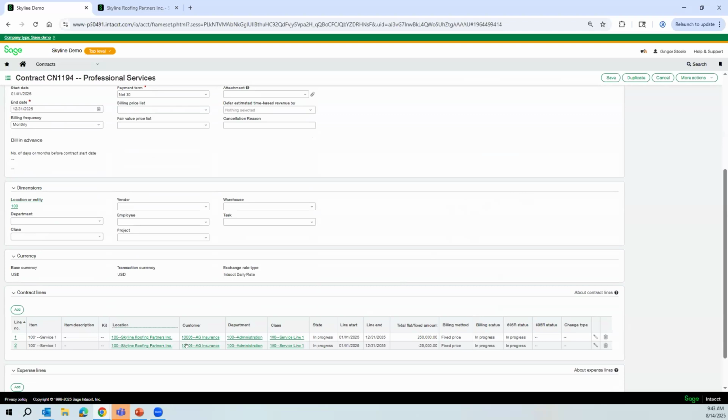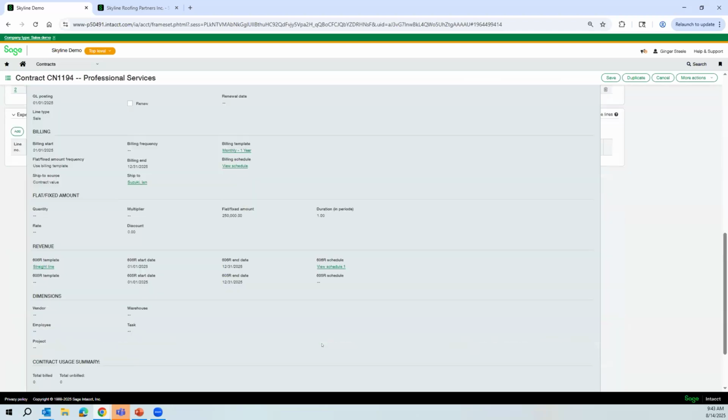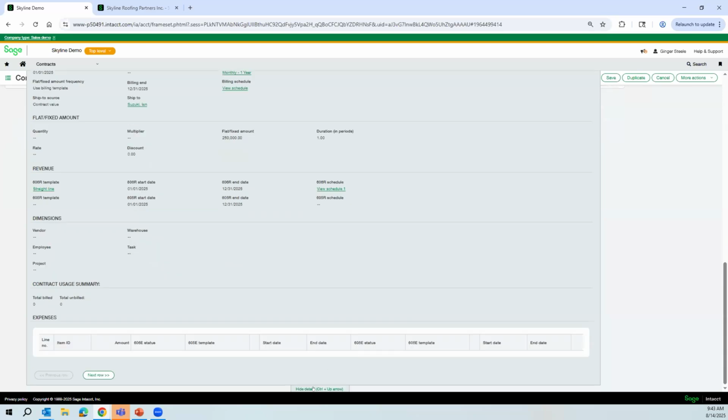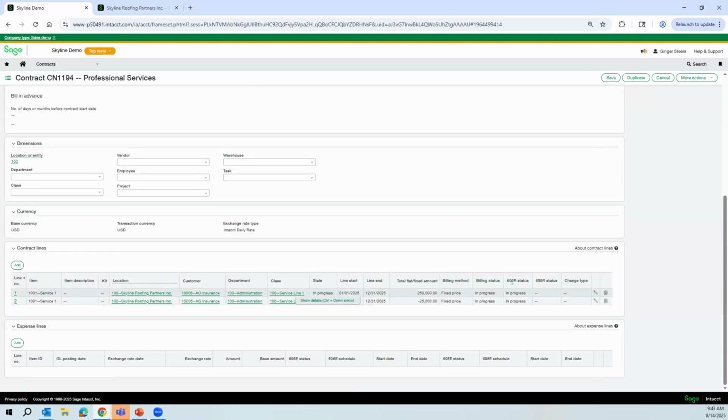So as an example, we have customer, department, class. You also have the ability to do employee and department and vendor. Project and task is also an option to reassign. However, they cannot have any recognized revenue recognition transactions against it. So really looking at class, department, employee, vendor, unless you don't have